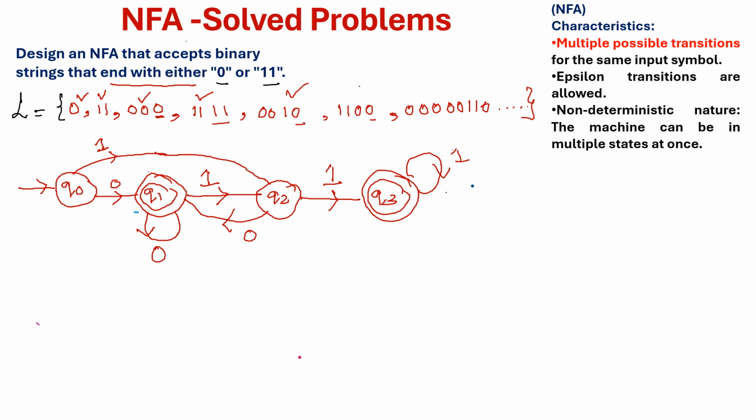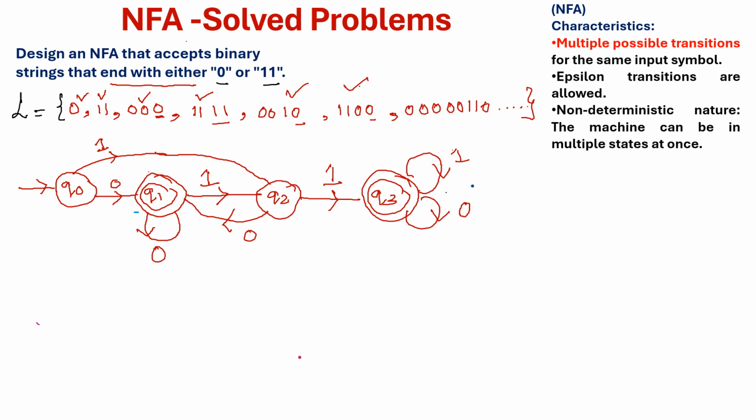Next you check 1, 1, 0, 0. 1, 1, so there is no 0. You introduce here the loop on 0. Now we are getting 1, 1, 0, 0. It is also an accepting state. So the NFA has more than one final state. And n number of zeros, it may be here 5 zeros: first 0, second 0, third 0, fourth 0, fifth 0, and 1, 1, 0. So like that,